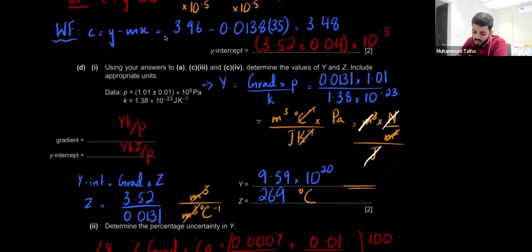And then you have this in pascals, right? P, the pressure, was in pascals. And K, the Boltzmann constant, you guys might identify this, was in joules per Kelvin. Now, you know from thermodynamics as well that if you have a temperature difference in per Kelvin or in per degree Celsius, it doesn't make a difference. So both of these cancel out.